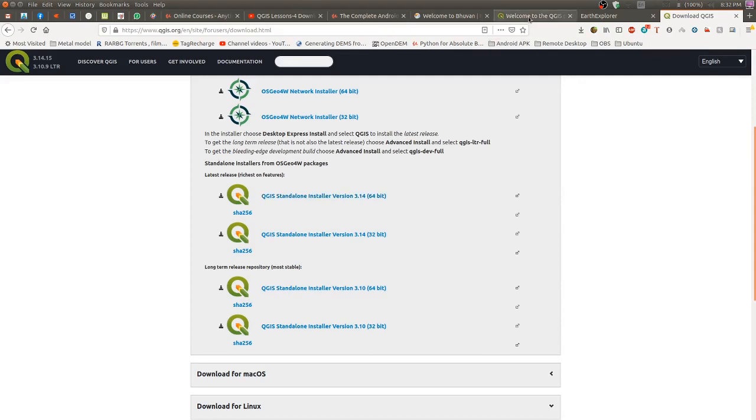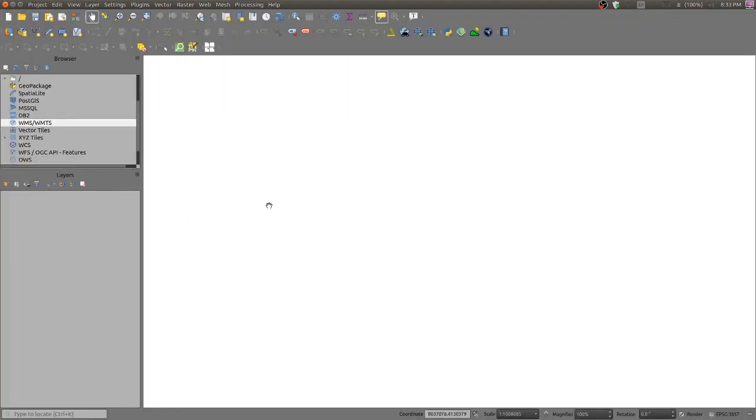And after installation, you will be having this sort of interface. This is a QGIS interface. There are two main parts in this. One is this side, the left side. There are panels, and on this side there is a map window, and on the top there are menus and toolbars of different rows. Depending upon your usage, you can activate and deactivate these toolbars. These panels, first we will talk about these panels.